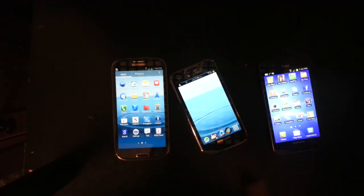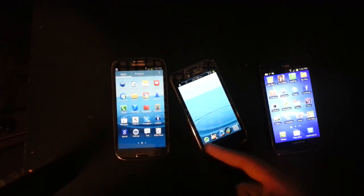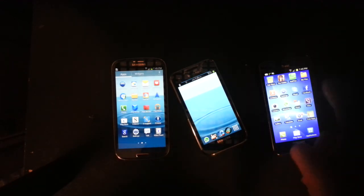And I'm not sure if I said this, but I'm going to tell you the processors again, because I'm not sure if I said them. This got a 1 GHz Hummingbird processor, single core. This got a 1.2 GHz dual core Exynos 3, I guess. And this one got a 1.5 GHz dual core Snapdragon S4 processor. And the international version got an Exynos 4, which is a really awesome processor, and it's quad core, clocked at 1.4 GHz. And some other variants of the Galaxy S2 got a 1.5